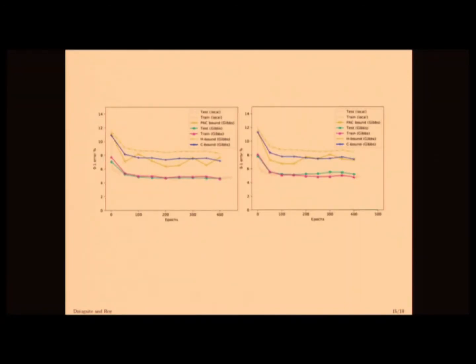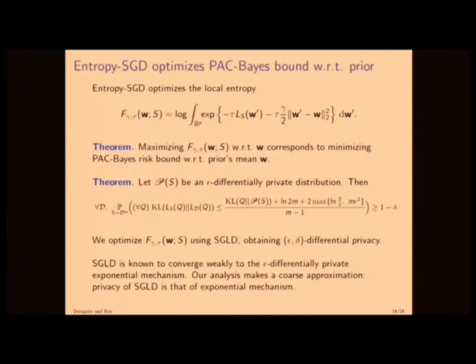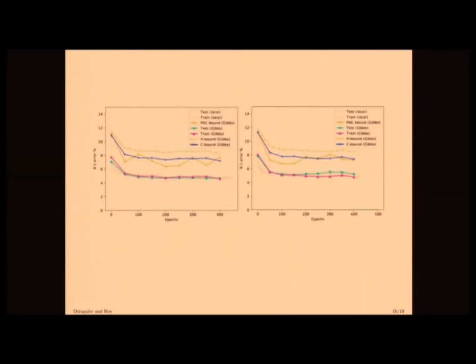So if you go back to MNIST, then on a fully connected, I think this is a 3-layer network, here is your actual training error of SGD and the SGLD local Gibbs posterior. So that's a Gibbs posterior for a very localized Gaussian. These are right on top of each other. And here's our generalization. Here's our bound on the risk. It's a little bit hard to read this, but this one bouncing along here is the PAC-Bayes one. And you can also, using differential privacy, apply other types of bounds. The PAC-Bayes bounds tend to be the tightest by a little bit.